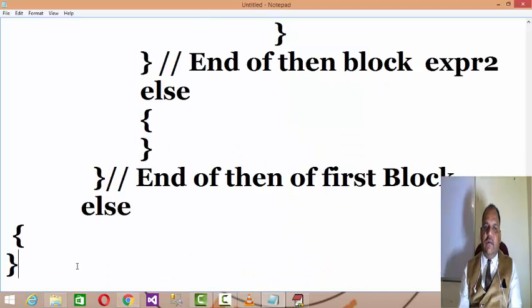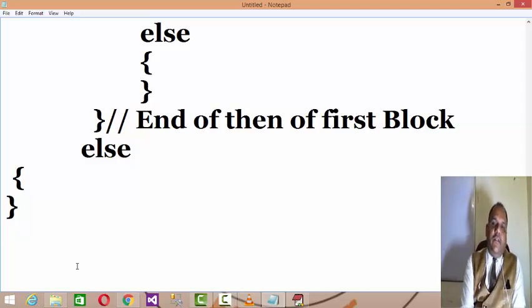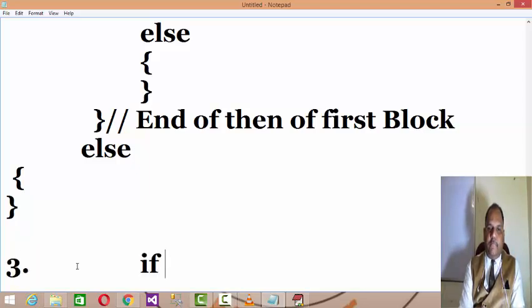I'll discuss the nested block by example also, if you find some complexity in understanding it. But just try to understand: if there is a then block, then there is another condition, and you can even write conditions within conditions, whether in a then block or else block. In this manner, you can call it a nested condition block. And we have a third block, called the if ladder.